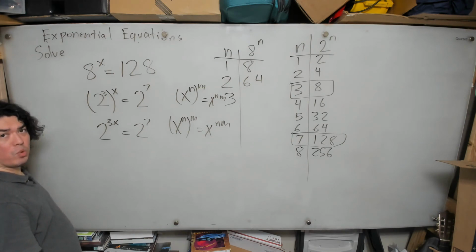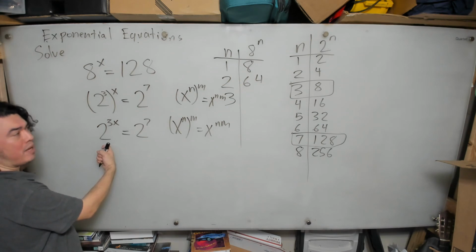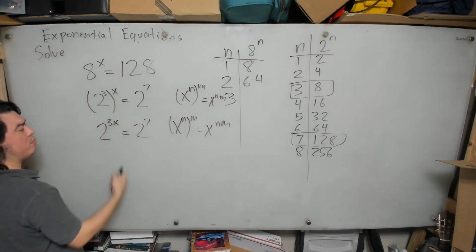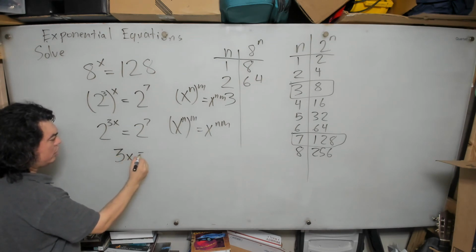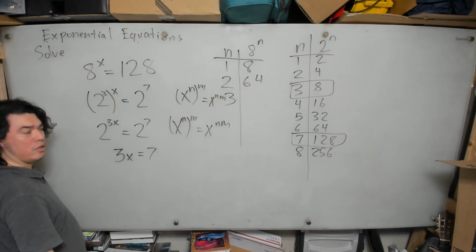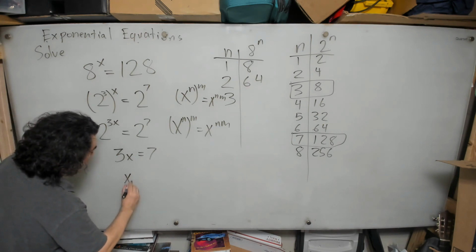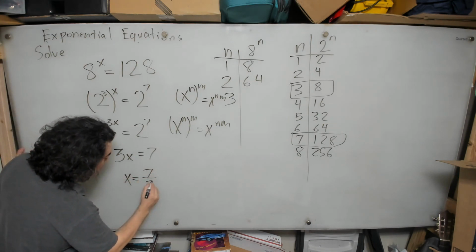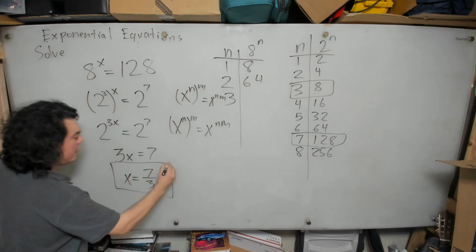Now we exploit the one-to-one property. Once I have them expressed as powers of the same base, the exponents must be equal. So therefore here I have 3x equals 7. Now I can isolate my x. I can divide both sides by 3, and I get x equals 7/3. Okay, so this then is the solution